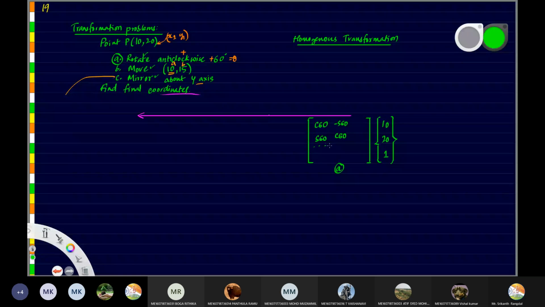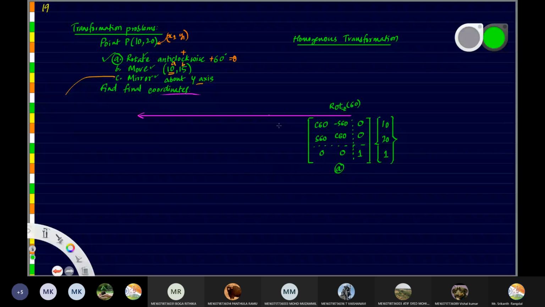And below here, what should be there? Those who attended the previous class, what should be in this part? This is always null matrix, so 0, 0. This is uniform scaling. If we are not doing any uniform scaling, you have to just give it as 1. And translation: in this case, we are doing pure rotation, there is no translation, so we give it as 0, 0. This one we write in short as rotate, about the Z axis by an angle of 60 degrees. This is the short notation for this particular matrix in homogeneous form.